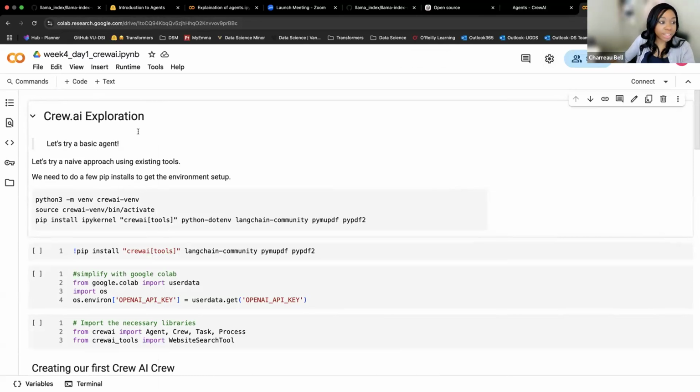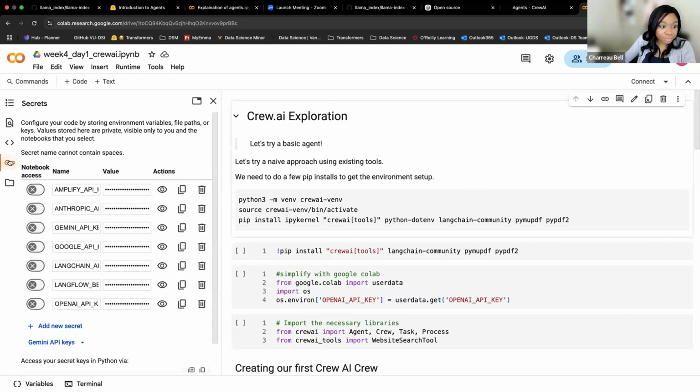What we're going to do is come to this little key over here. You probably will not have this, because for me there's like a million API keys right here. But once you click on this little key, you're going to see this. And what you're going to do is add a new secret, and that involves just clicking add new secret.